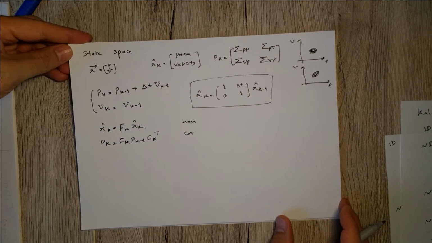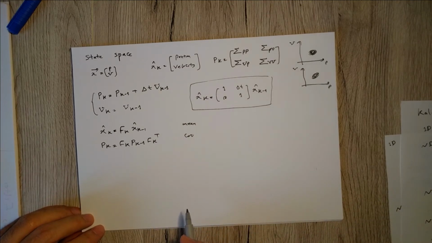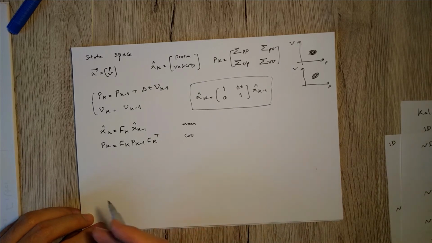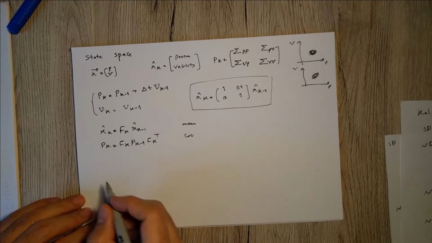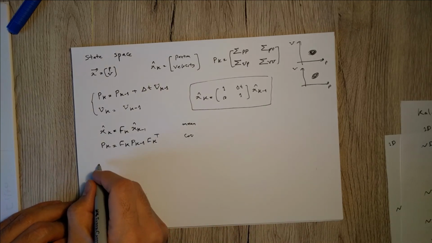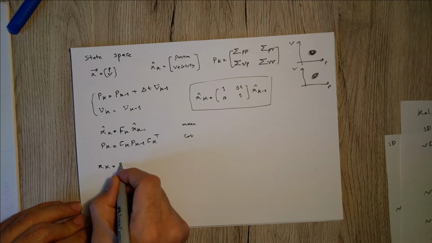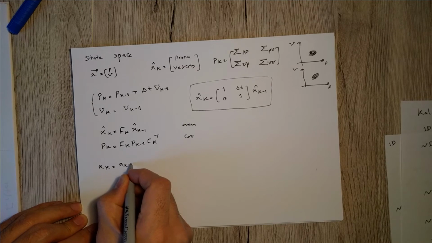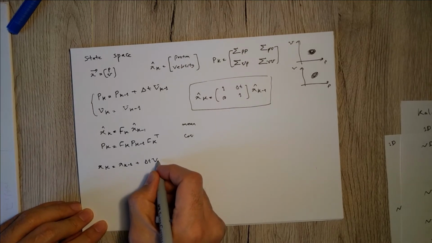Now, in some cases, actually, we might exert some force on our system, which, if you exert some force, will cause some acceleration and the velocity is going to change. So I will write it down if we are exerting some force. So the new state is going to be the previous one plus. This again comes from physics